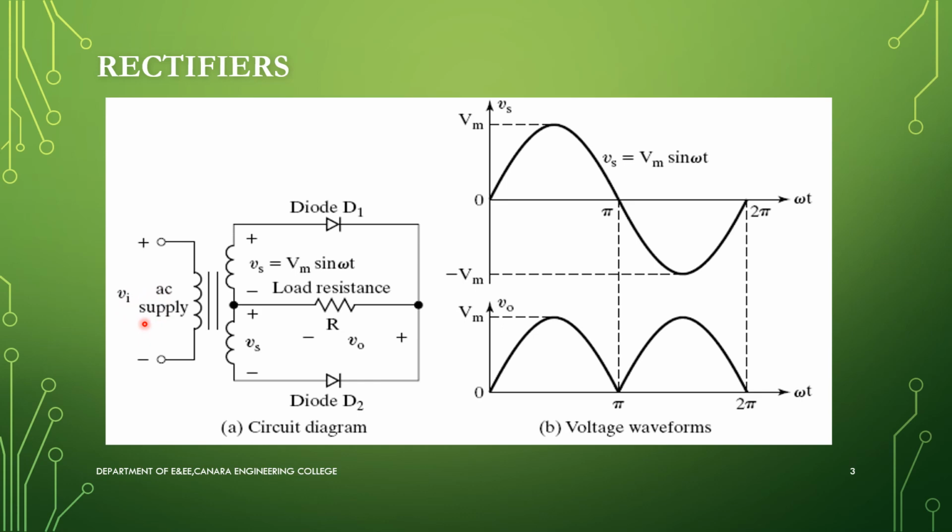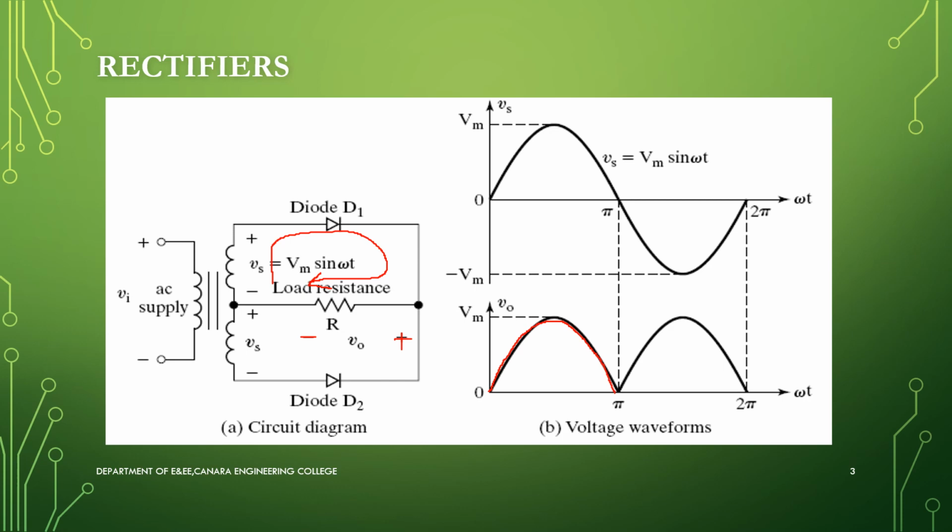On applying the input, during the positive half cycle of this input, the diode will conduct, right? The diode will conduct and the current flows in this direction. Clear? So you have the voltage across the resistor. This polarity is plus and this is minus. So treating that polarity to be positive, we have the output voltage as positive, that is nothing but across the resistor.